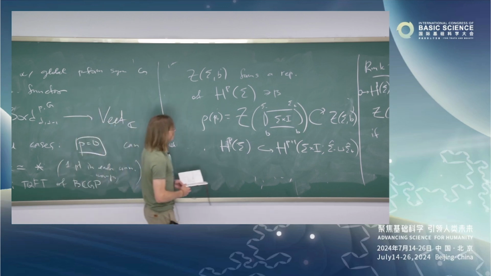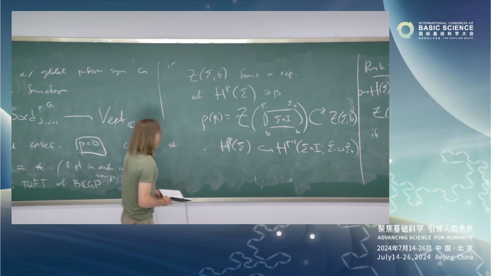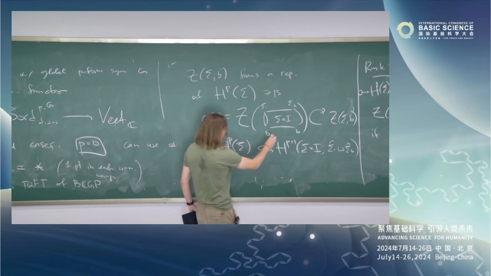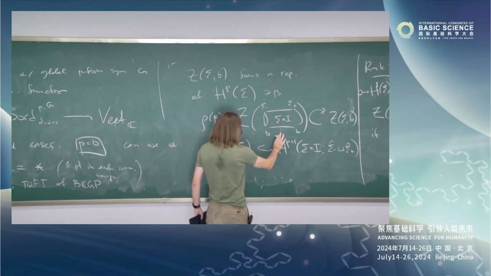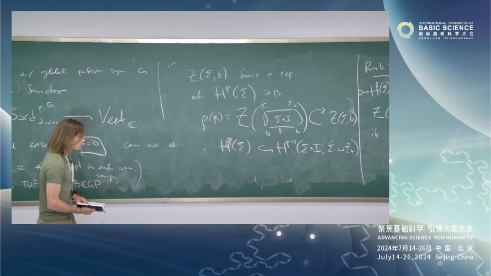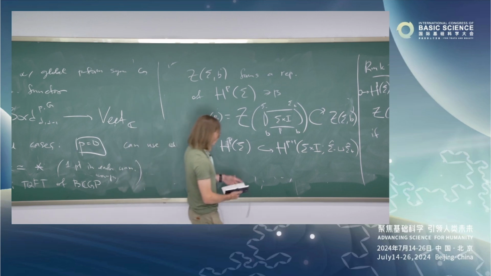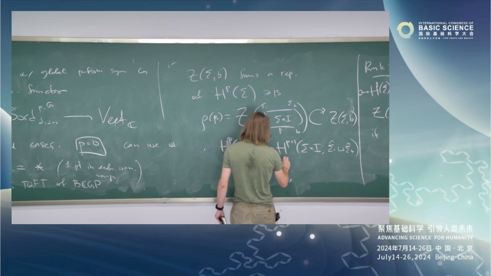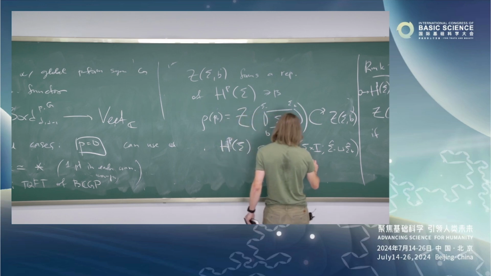Here we define the choice of cohomology class. This is exactly the image of the subgroup which preserves